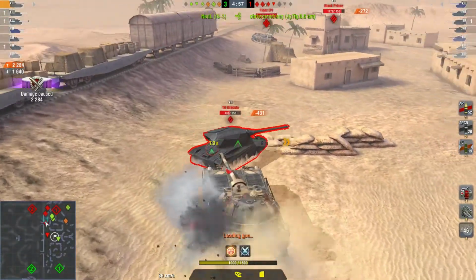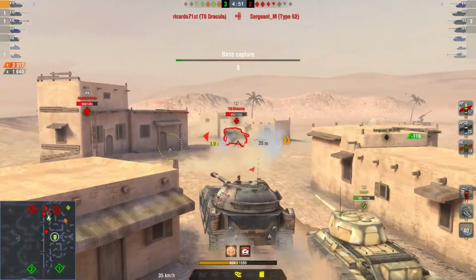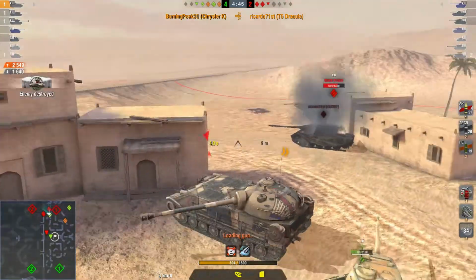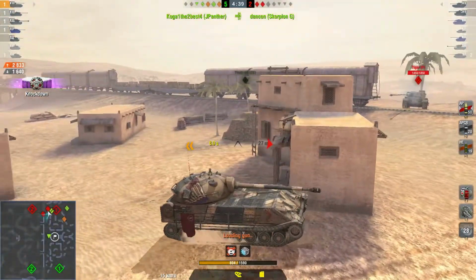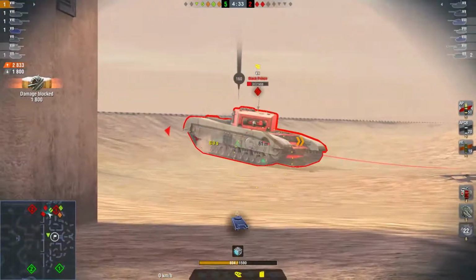You can see I'm able to track down this Dracula, and he can't even do anything about it, you know? Drives into the wall. I'm able to shoot him again. He's dead. And really no tank's able to escape this. It's sort of like an overpowered Mod 1. That's the problem, is that you can run this tank like a medium and pretty much kill all the mediums